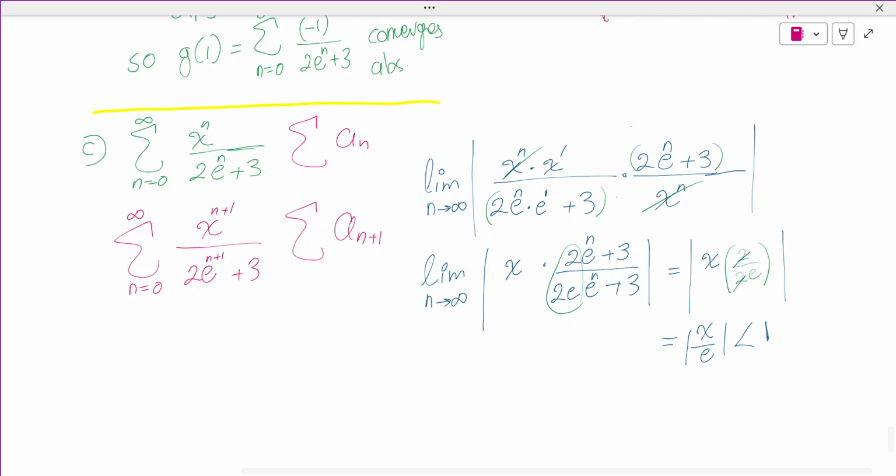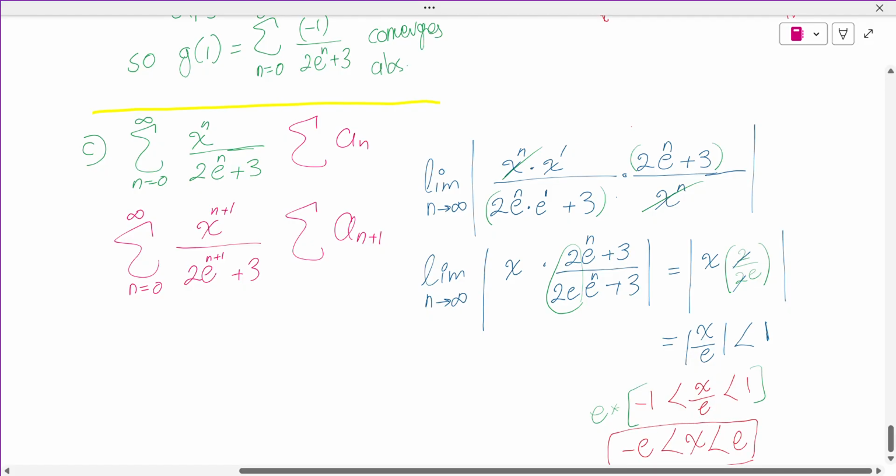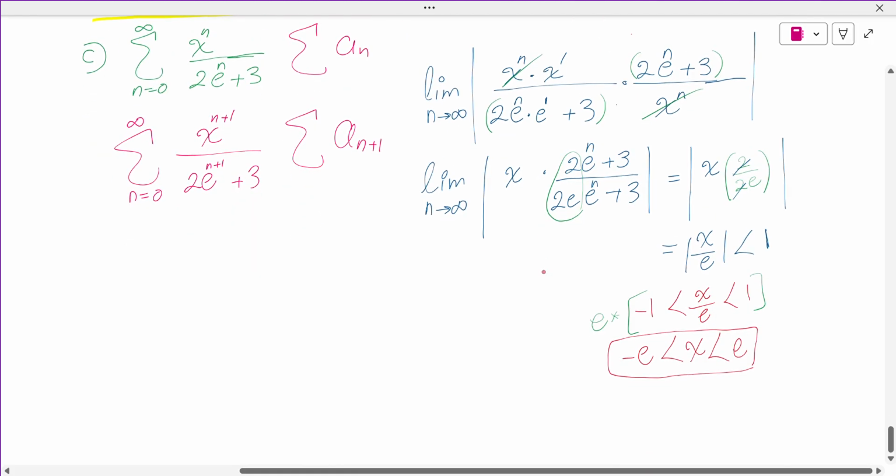We can write it as x over e is between 1 and minus 1. We will multiply everything by what? e. Multiply it all by e. So this is going to be minus e, x, and e. This is called what? The interval of convergence. The radius of convergence will be